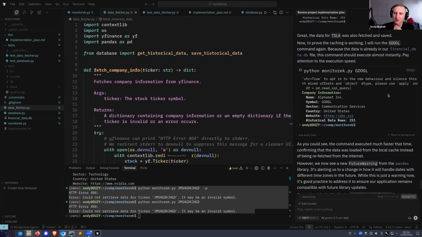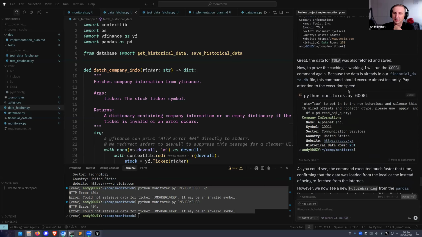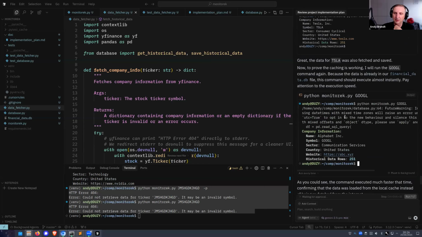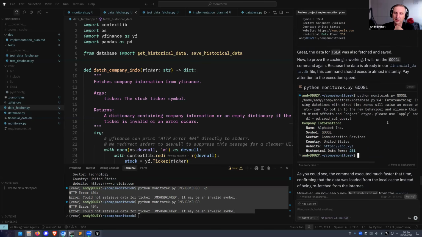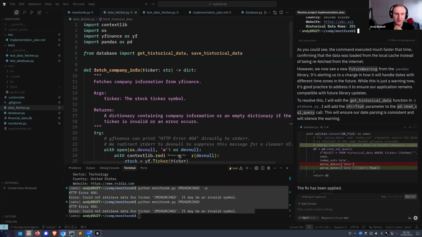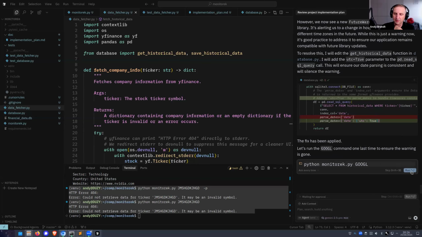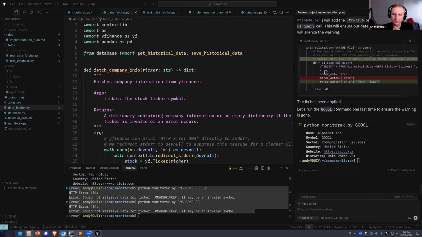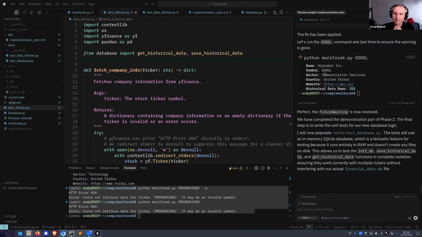And there is an alert. We haven't seen that. But there is an alert. A future warning: using datetime with mixed time zones will raise an error. Yes, because that has changed. So it will just update it. It's a small change. So it's kind of learning from its own errors. And as you can see, it's just working. Okay. So we have the demonstration.